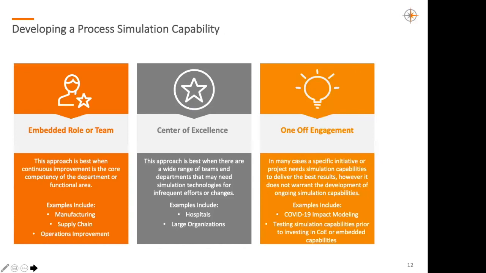So a large system that needs to be improved. The third way you can develop the capability within your organization is a one-off engagement. These are examples where you have a specific scenario or process or large investment that you want to explore, and you really need to dive in, develop a solid business case, and understand what you may be implementing prior to